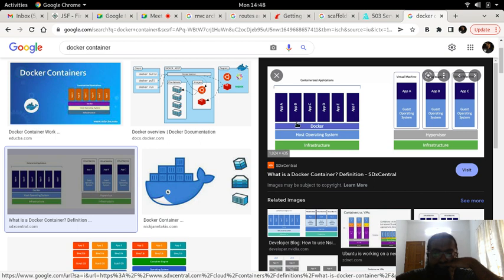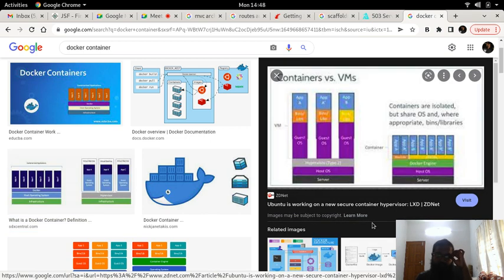So on the left side you have containers, and on the right side you have virtual machines. So for a virtual machine, we will have to emulate a complete computer system, but on a Docker container all we have to emulate is the library files, nothing else. We don't have to emulate the entire system.